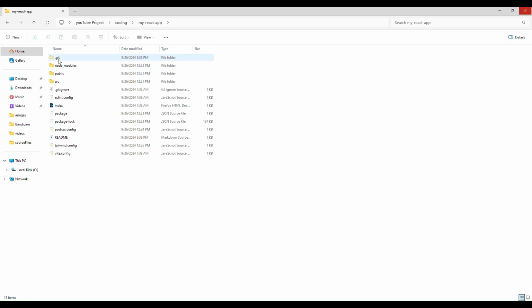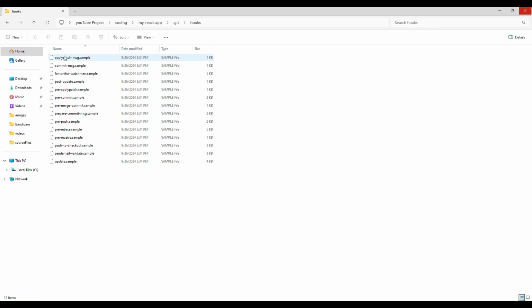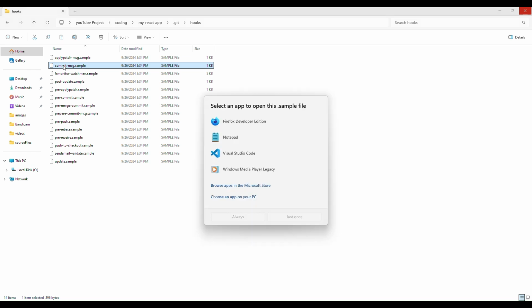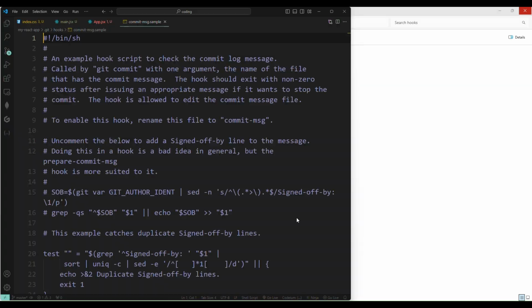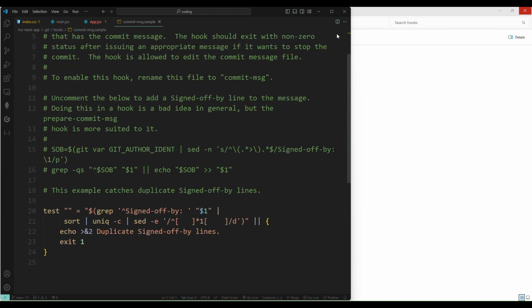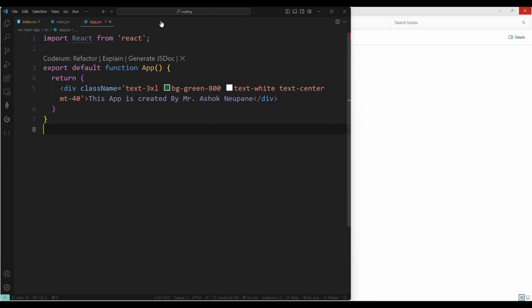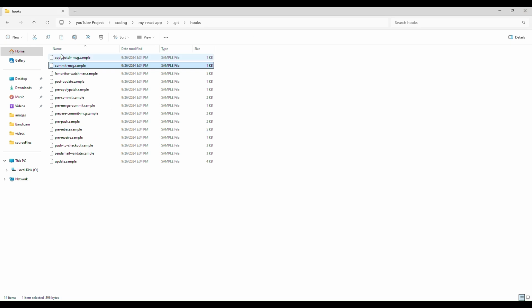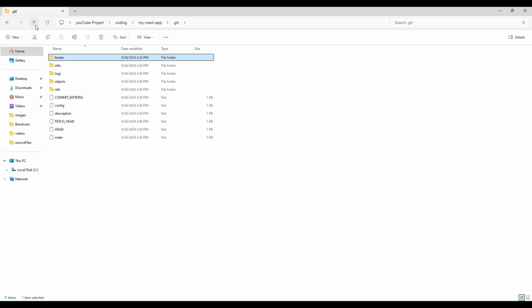Then this .git folder has so many files in here. You can see hooks, so many codes. You don't need those things, I am just showing you. Config, all the things, you don't need anything.